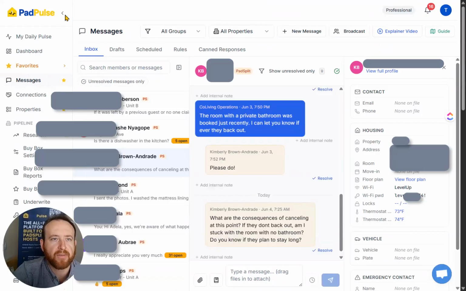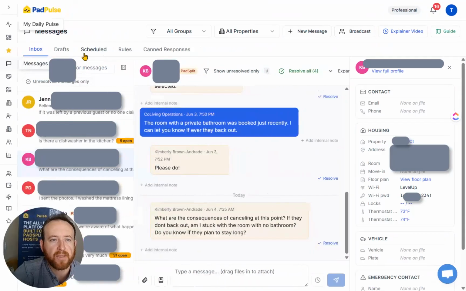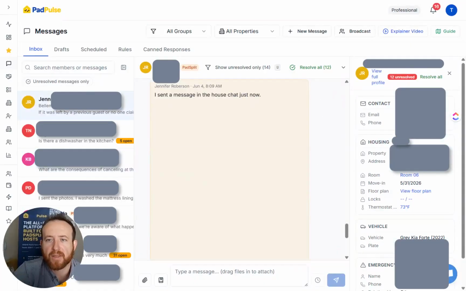In messages, everybody's familiar with, if you're on PadSplit, how those messages look. So in this case, we have an inbox on the left-hand side, which can be collapsed. It has all your messages. It's easy to see which ones are unresolved, and you can quickly filter for that as needed. Then you have on the right-hand side all of your property information. So about this person. Let's look at one that's actually in a room, and you can see about their property,